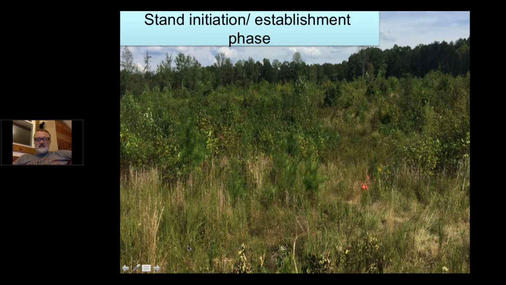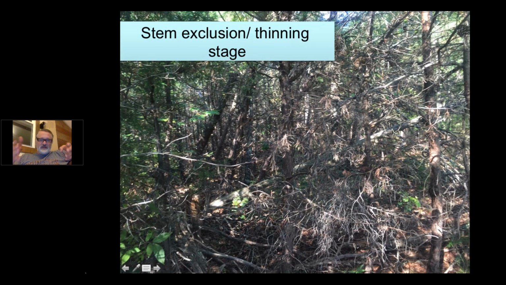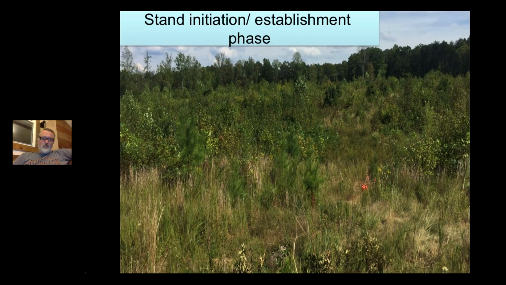So this is at that site in Southern Virginia. At stand initiation and establishment phase, it's just getting established. The grass is still growing. It's not completely closed canopy yet. It's about to reach this phase here where it just starts dying all over the place. The trees here have all slowed down. There is more wood being produced here. If these trees were reproductive, there'd be more seed potentially being produced here, because all these trees, like this guy right here,